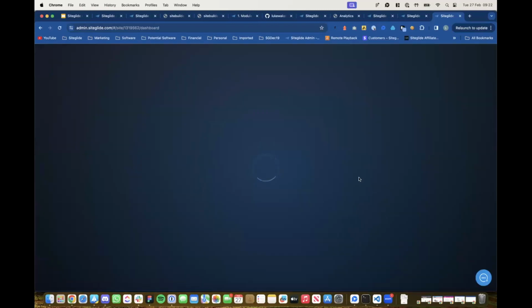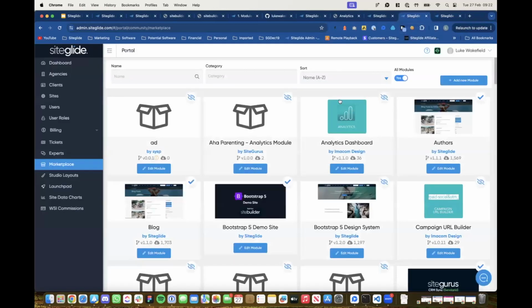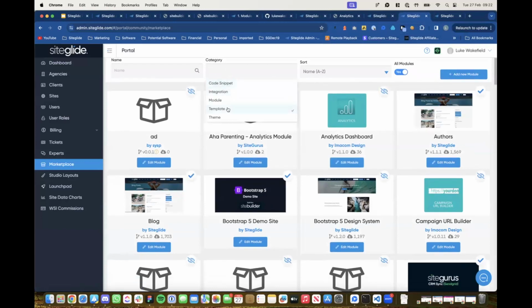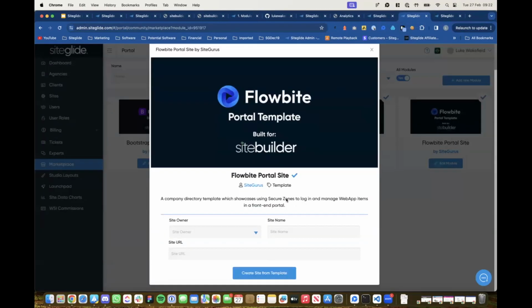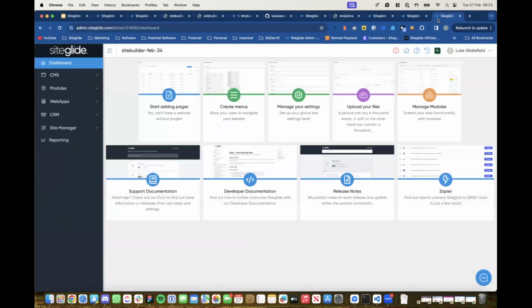So if we just go into the site, this is just a site copy from Marketplace. If I quickly show you in Marketplace, you'd be able to go to a template and create a site from a template if you've not done this already. Again, apologies for people who've seen this many times, but you just click on one of the templates and create a site from that. And if we just jump back across,